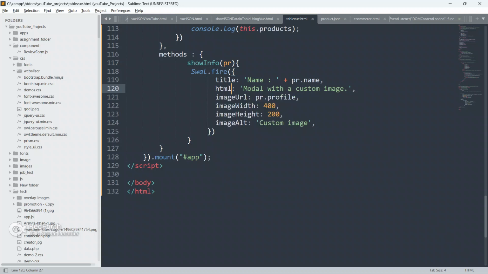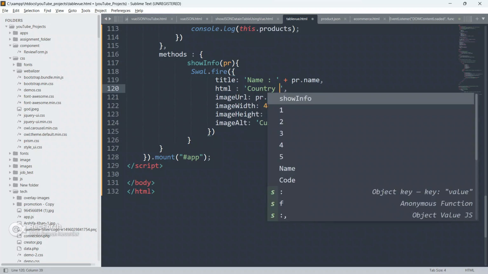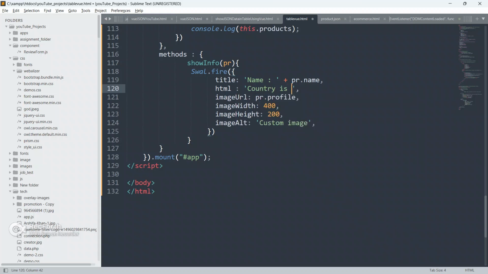So I am going to create HTML here, and now I am going to do country is, put a colon, give a space, and concatenate first.